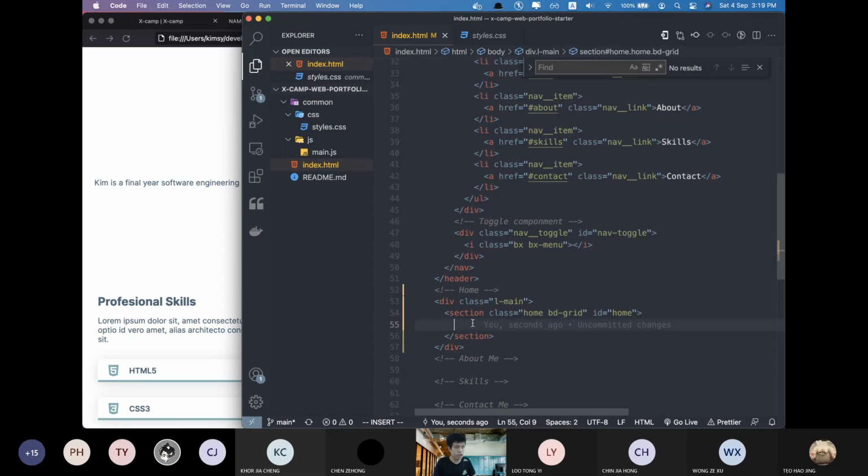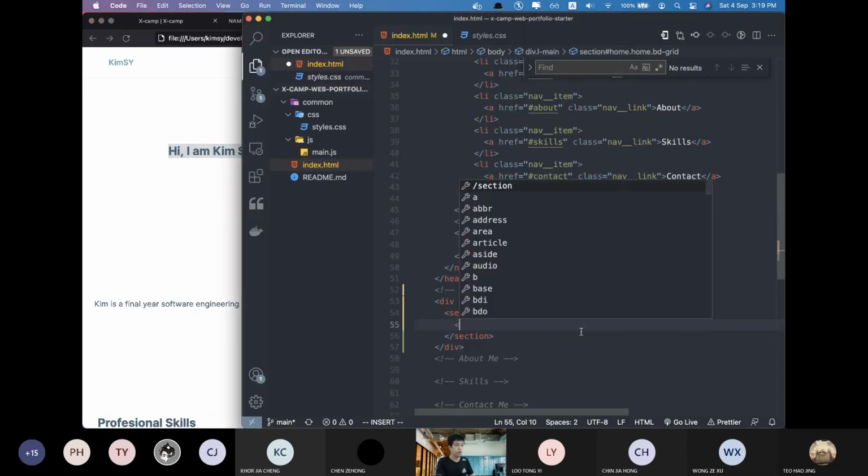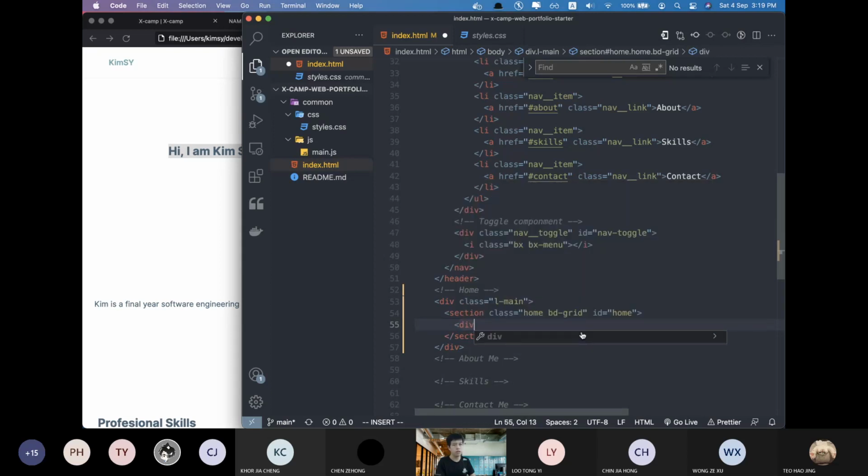So we already have created a section. Inside this section, we want to have this text and also a picture. You guys just follow what I write. Just make sure it's the same, because later we'll write the CSS classes as well. Make sure it's the same, though you can change it later. So I create a div and we call the class home